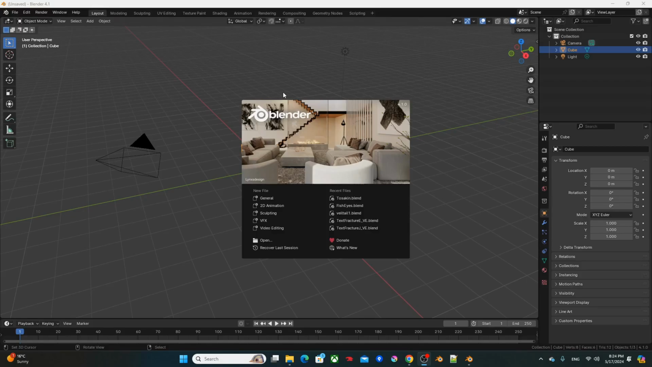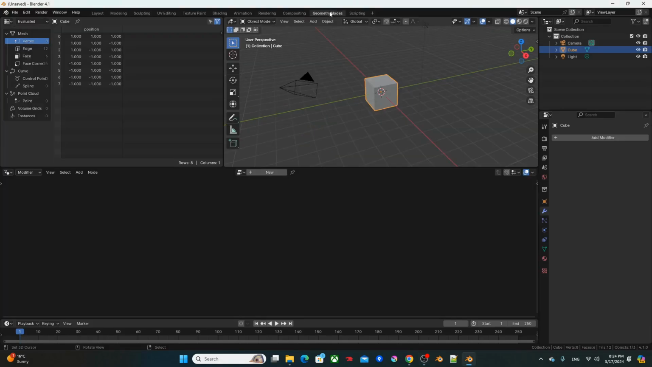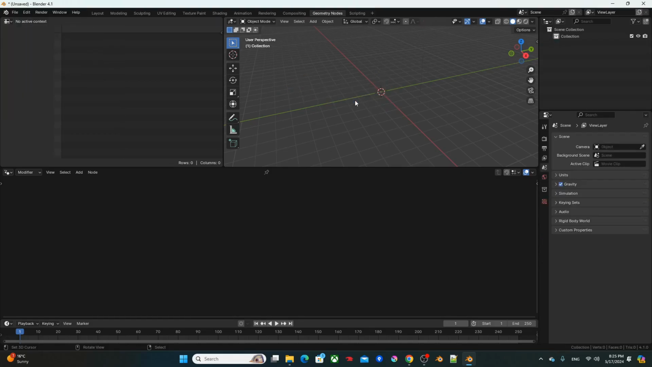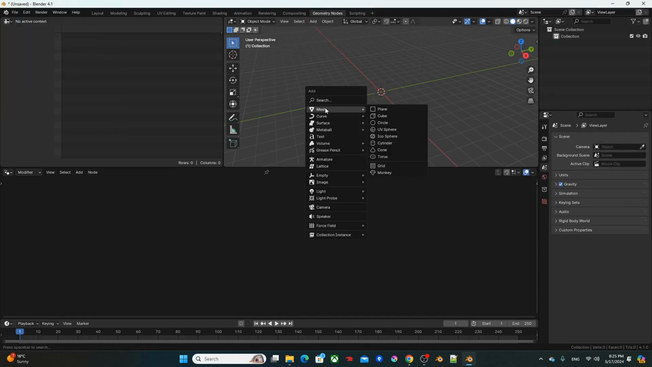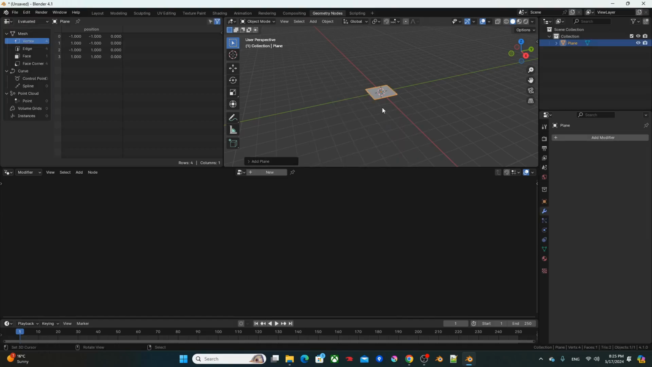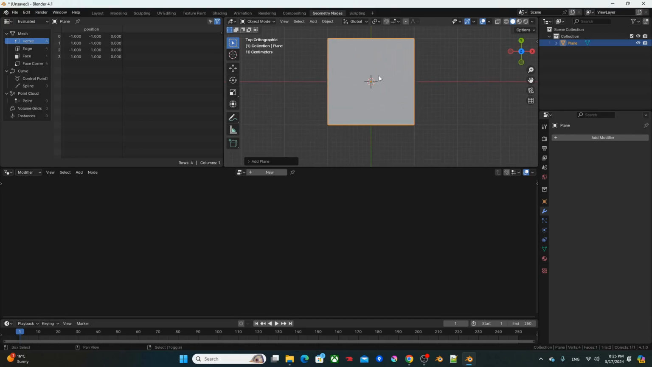Alright, as soon as we get into Blender, we'll hop right into the Geometry Nodes layout. H to select all, X to delete, Shift A, add a mesh plane. Using numpad 7 and 5, go into top orthographic view,